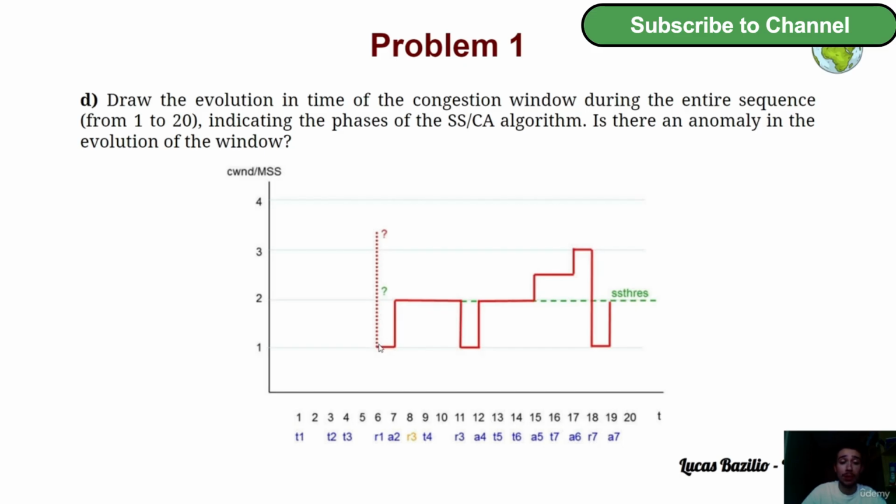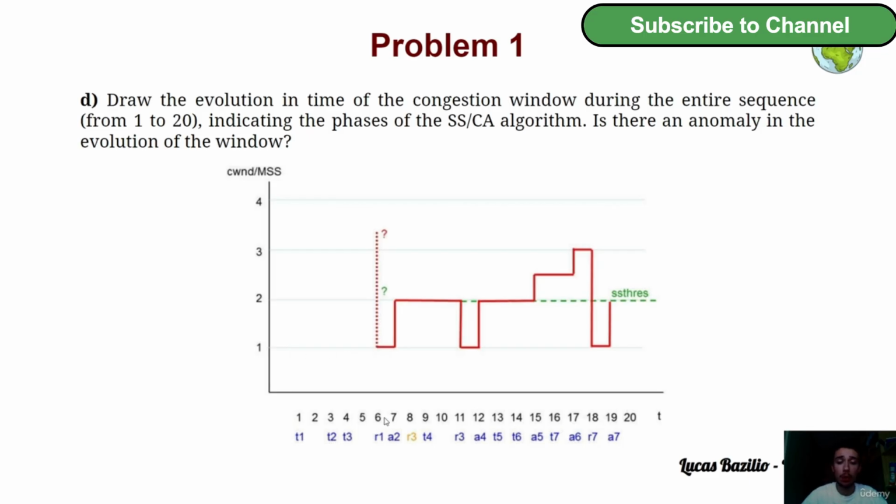So before the exchange 6, we can't know for sure the value of the congestion window. It is impossible to know it. However, from the exchange 6 and from now on, we can know this value. So remember the algorithm. We begin here and we set the congestion window to be equal to 1, and then